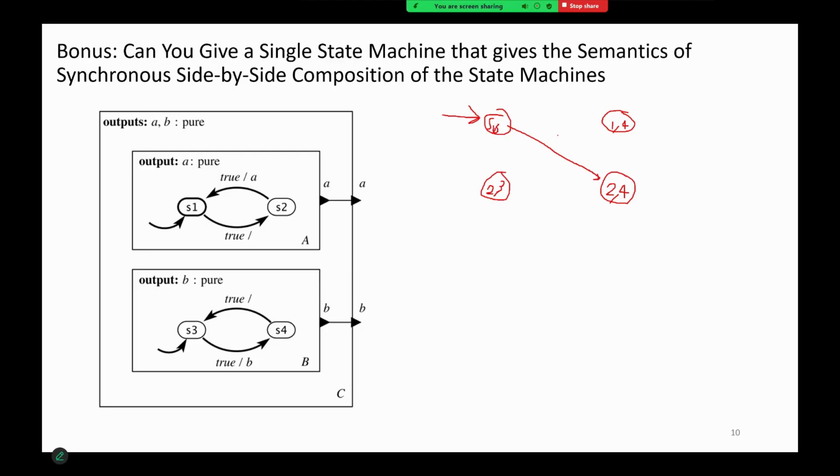If we have true here, we go to 2, 4, okay. And output B, okay. So we will go back and output true. If we got true and output A,